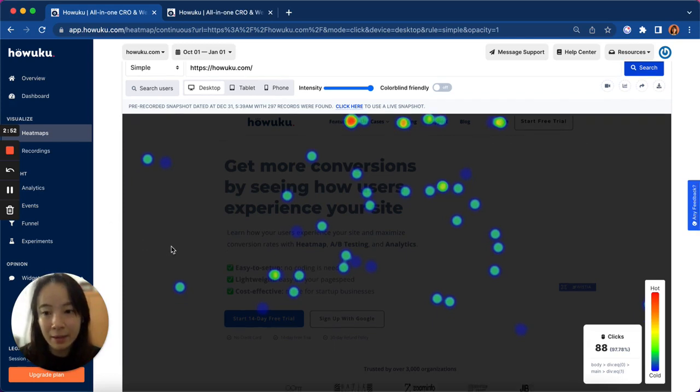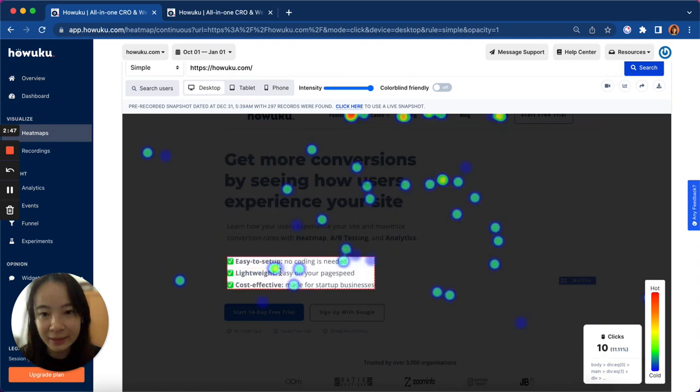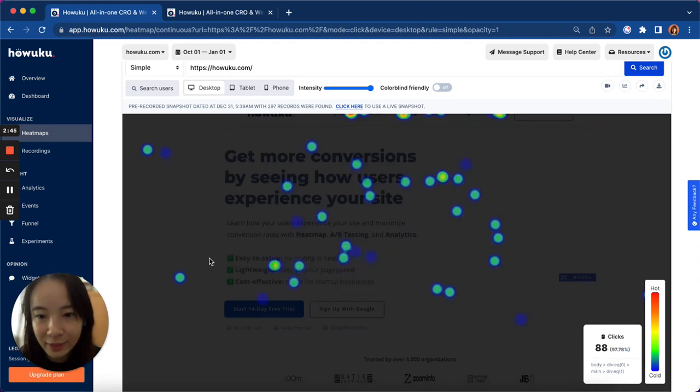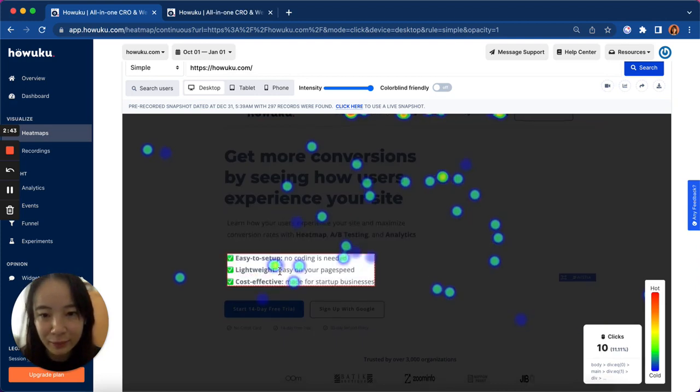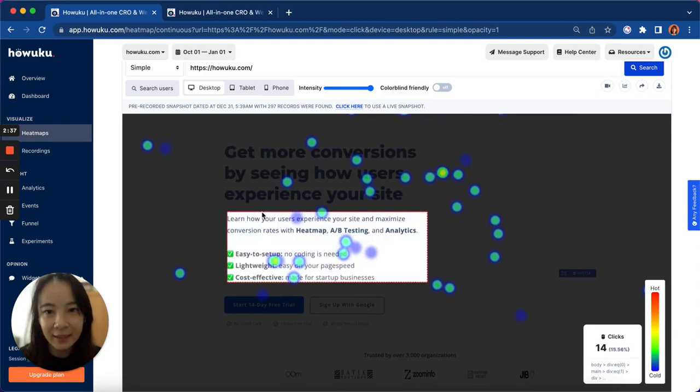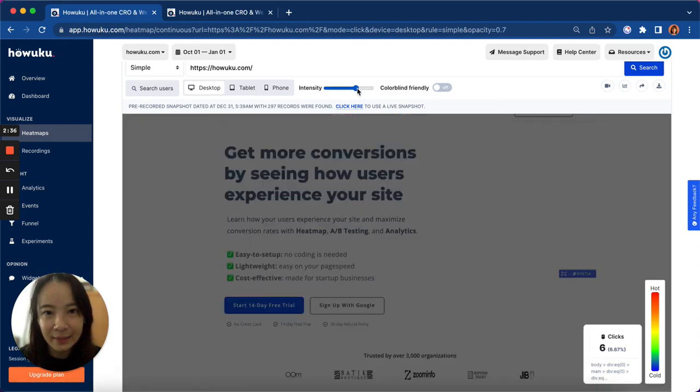if you see people are interacting with elements that do not have a link. Like for example, you can see many of our visitors are actually clicking on this text, the lightweight information, which I could make a hypothesis that people are very concerned about whether our product will affect their page